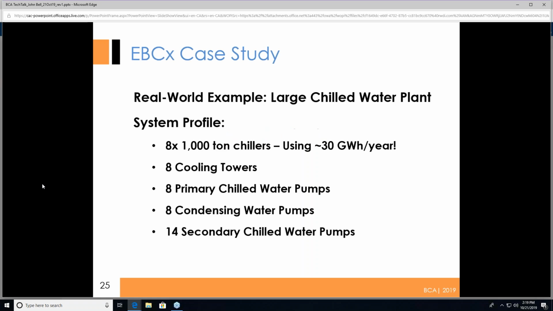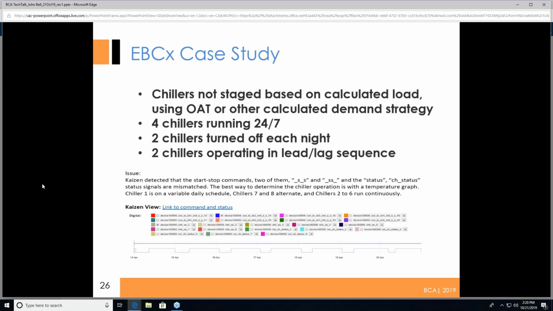Okay, case study. If we look at a real world example, we've got a large chilled water plant. System profile: we've got 8 1,000 ton chillers, 8 towers, 8 primary pumps, 8 condenser water pumps, and 14 secondaries. So a very large system. Obviously, this is not going to be everywhere, but what we looked at is some of the impacts